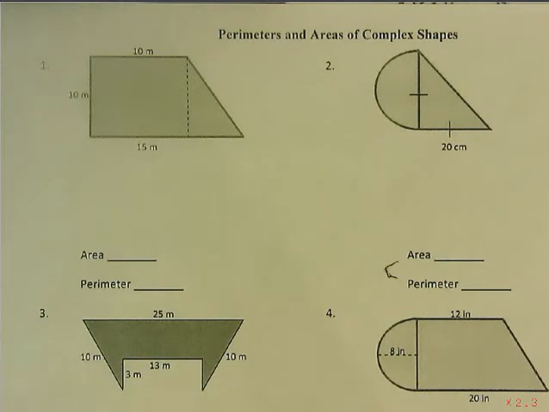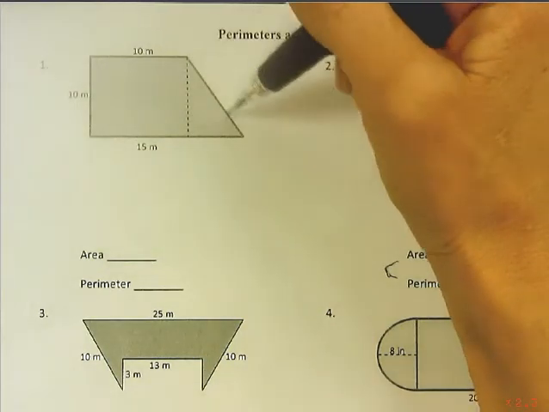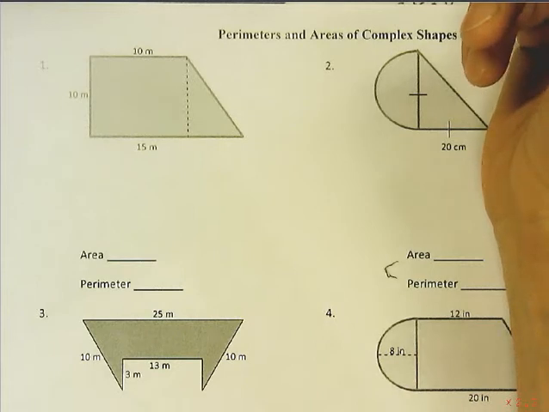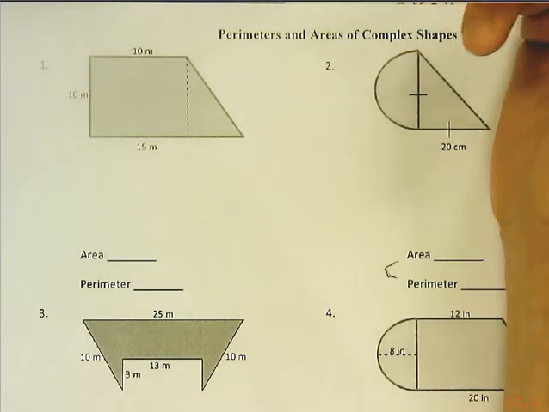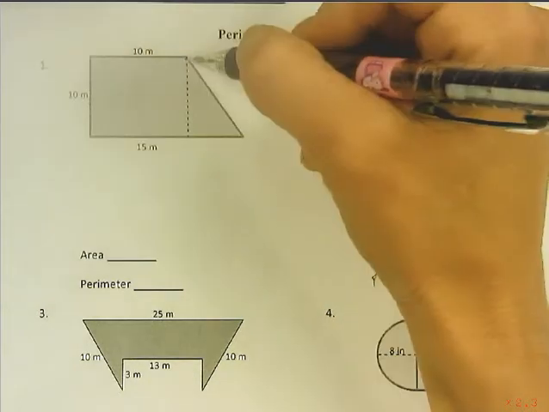Alright, today we are looking at finding the perimeters and areas of complex shapes. And these are pretty involved sometimes, but just take your time. Sometimes you need to start with finding missing dimensions, and there's some basic formulas you do need to commit to memory as well. So on number 1, we see that we have 10 by 10, so we can fill out